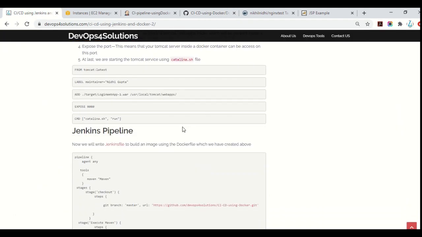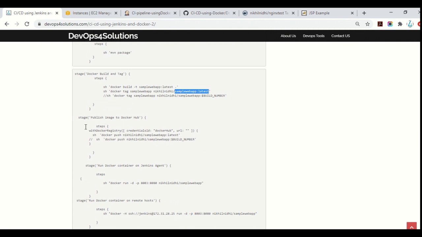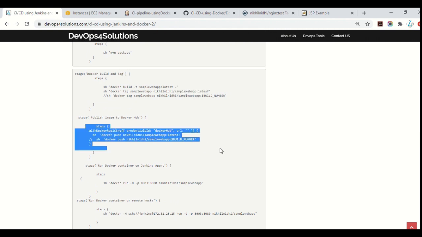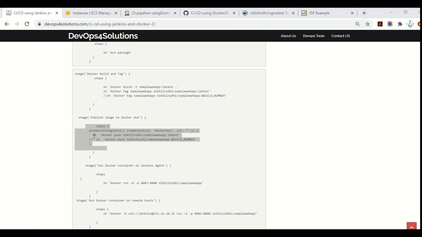Once you write this Dockerfile, the steps are very simple. You need to build it, right? Docker build, and then you tag it. You can tag it with your build number, and you can tag it with latest. And this is how you can publish your image also if required. Here you can see you have published the image also.